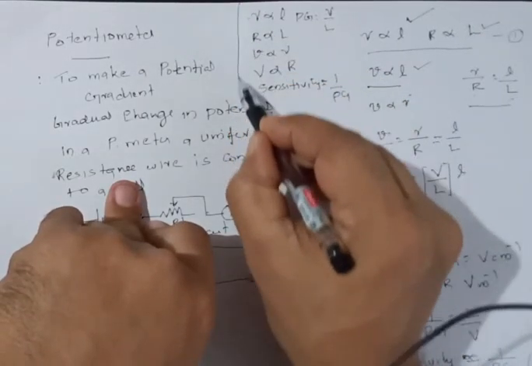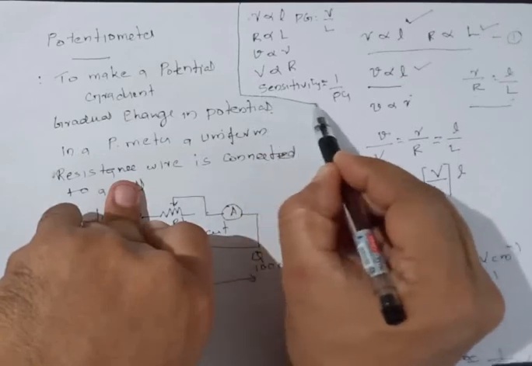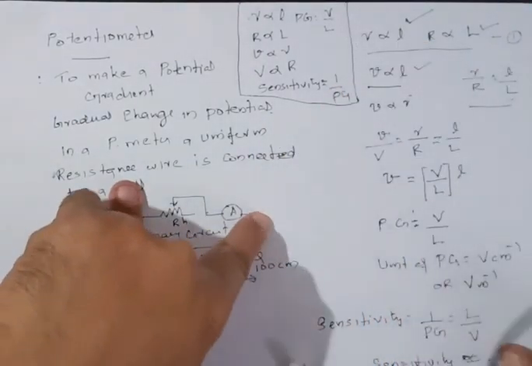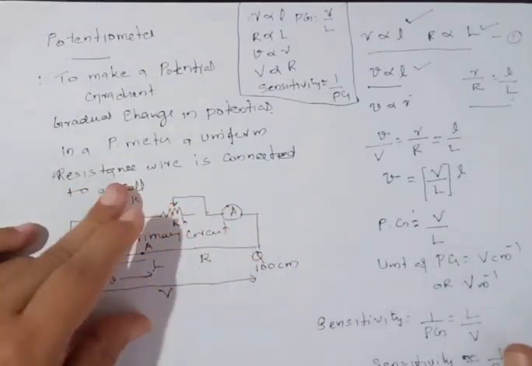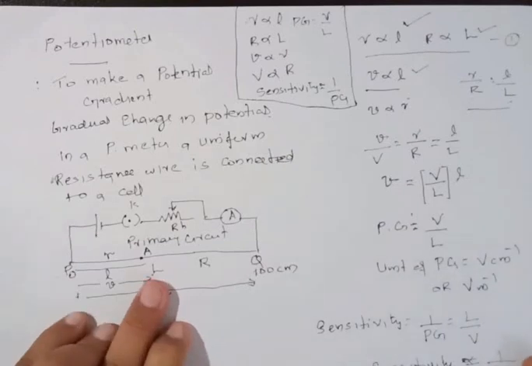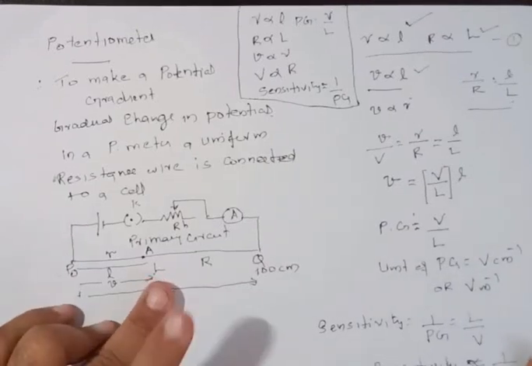So we have all these various relationships that you can use in case of a potentiometer. Now we will see in the next lesson how we can use a potentiometer to compare the EMF